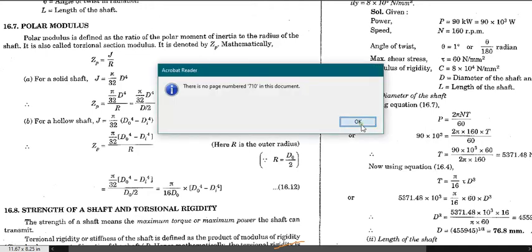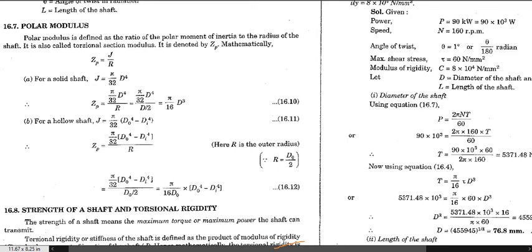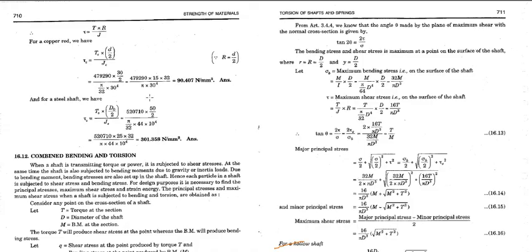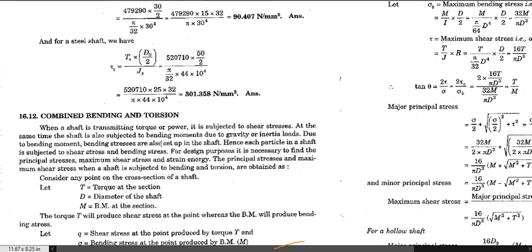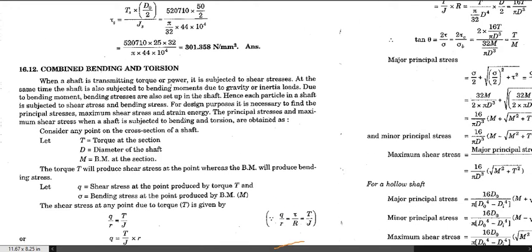Okay, and now we will see the last topic, which is about the stresses that we can calculate, if we want to work out the formula of the stresses which get induced, looking into the type of principal stress and other forces. So here we will see how the combination of bending and torsion affects any shaft. We know that when you are applying the torque, there will be generation of torsion, but at the same time, due to the gravity or the inertial load, bending will also occur in the shaft simultaneously.